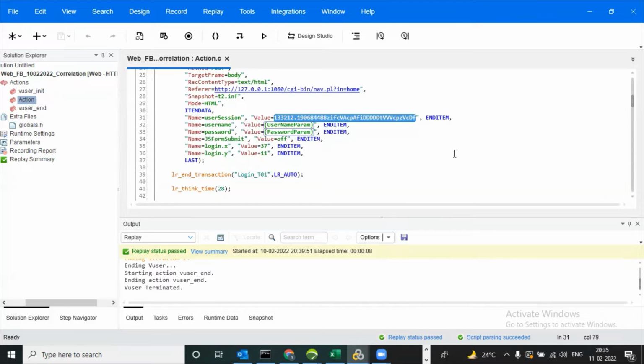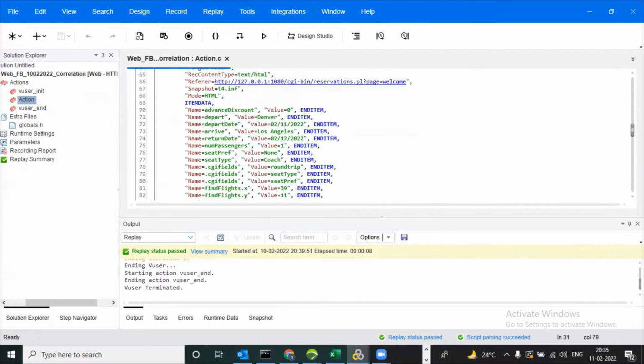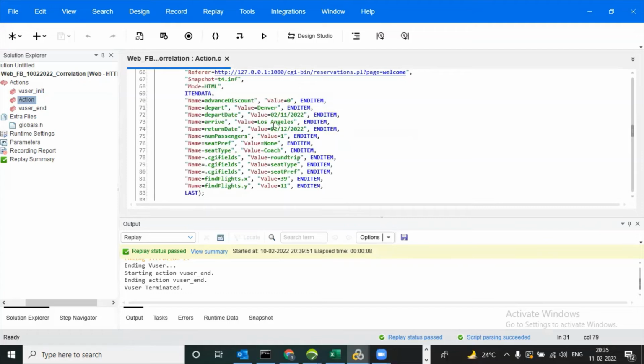For example, here we are selecting departure and arrive. We have different values for departure, and arrive also has different values. I am going from Denver to Los Angeles. Maybe Srinivas will go from London to Paris. So this is also keep on changing, depending on the user. Those values we also need to handle, the values generated on the server side and the application side values as well.